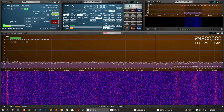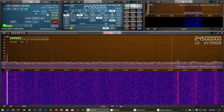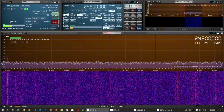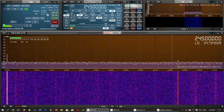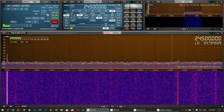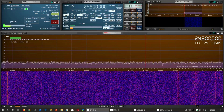It, of course, is very dependent on solar activity because it's a high frequency in the shortwave spectrum. As you see here, there's really nothing, and the lines that you see there are just spurious signals. They're not even signals that are actually on the frequency range. There's one part where I heard a lot of stuff when solar activity is higher, or if there's some sporadic E-skip, and it's the